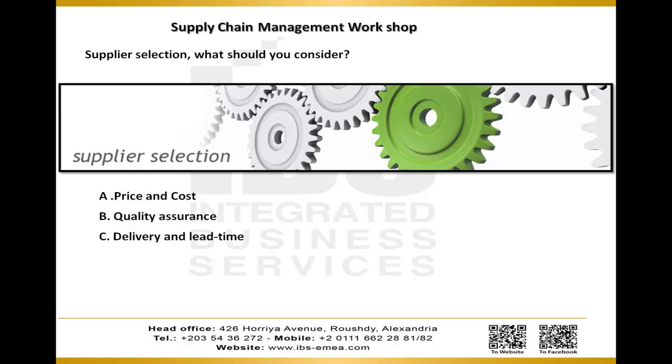Delivery has become increasingly important in the supply chain relationship. What lead times can the supplier provide? What procedures does the supplier have for assuring on-time deliveries? What procedures does the supplier have for documenting and correcting problems? D, services. Now, the objective of the supplier and the customer is to move the correct number of units to the right place at the right time. Service may be an intangible, but must be considered when making a selection.